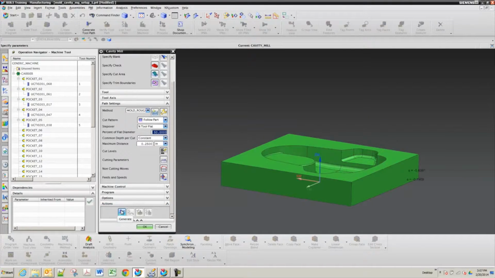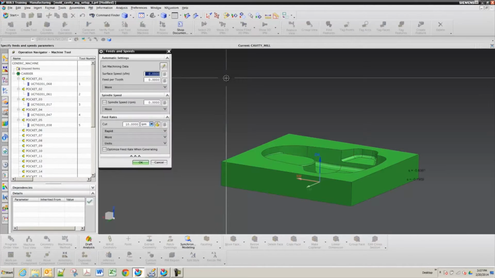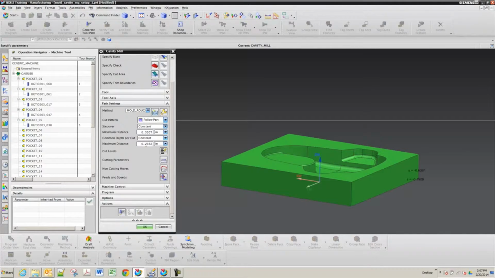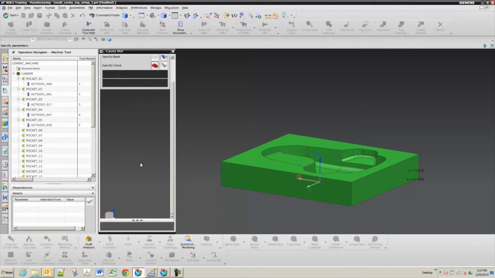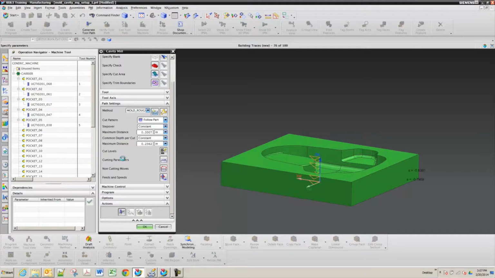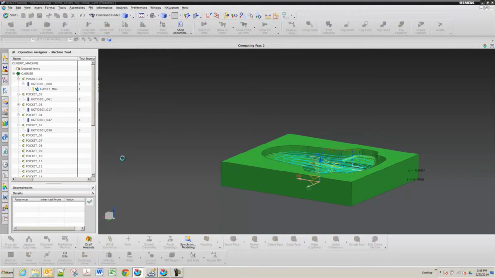And did we ever edit that tool? So if we go into feeds and speeds and set data, it should work. Yep. That way we'll get our step down, step over, and speeds. I went into feeds and speeds and then hit the lightning bolt. Yep. And then if you just generate, we'll look at the pattern, but it's going to